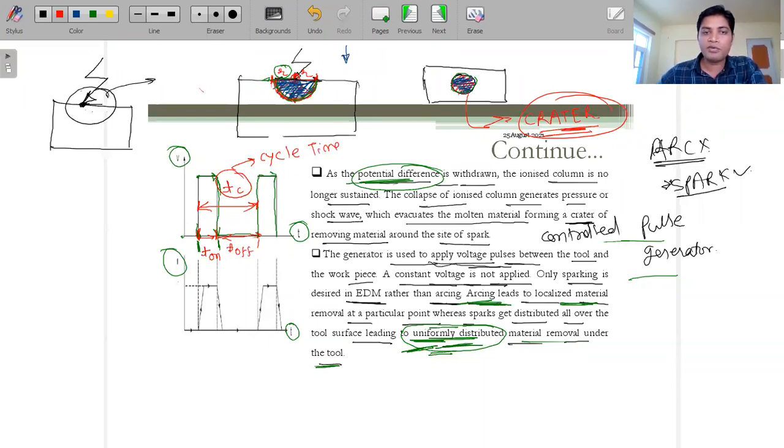Now if you see the current in this zone, I hope all of you have gone through the formulas from the welding process. In welding, there is a relationship between the current and the length of the arc; there is a linear relationship. Here it is the same thing, because a spark is generated, but we are not making it continuously, so it is not an arc, but the relationship will be the same.